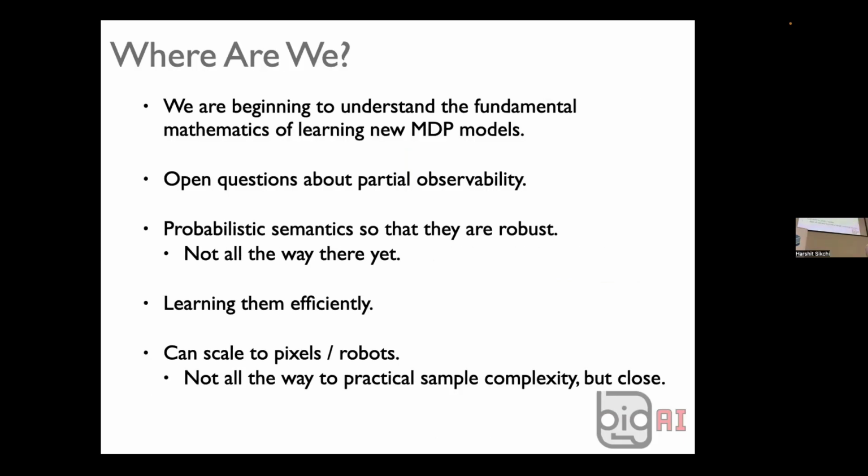Okay, so where are we in this enterprise? At the moment, we're beginning to understand the fundamental mathematics of how an agent can build its own models of much more complex decision processes. So an agent with a really rich input and output space can build abstract actions and abstract observations and build models of entities, where the semantics of those things are all well understood, the grounding is well understood, everything you learn is available in real time, and when there's an error, you can determine what it is. And the mathematics is now increasingly well understood. There are still some open questions about partial observability.